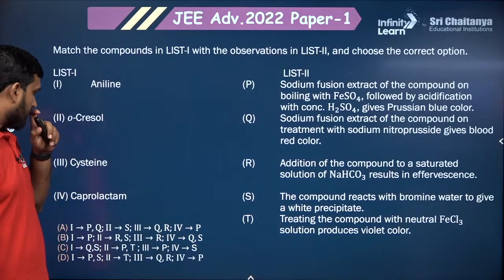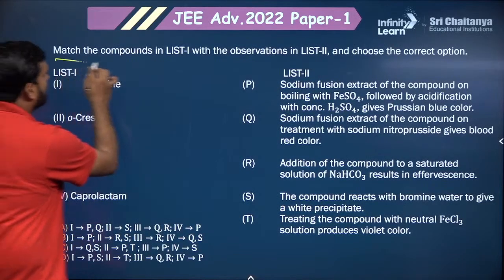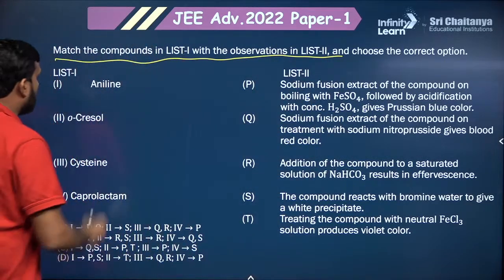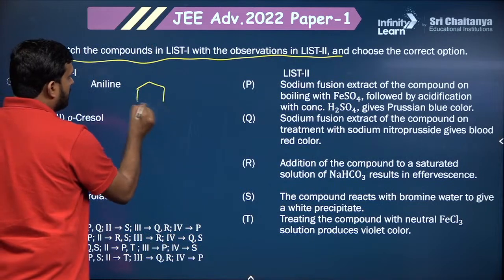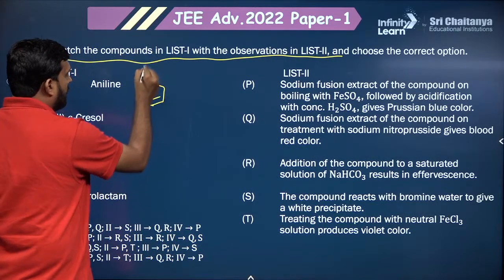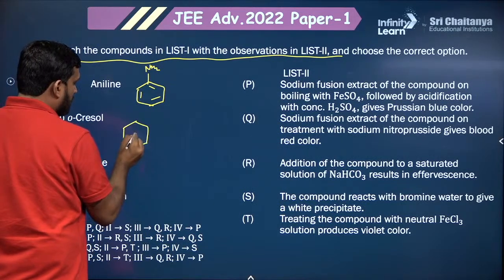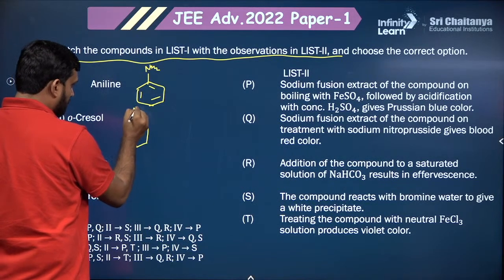Now going for the next question. So this is to match the compound of list 1 with the observation of list 2. So let's write down these compounds. So aniline is this, where NH2 is present. Orthocresol is this, where basically